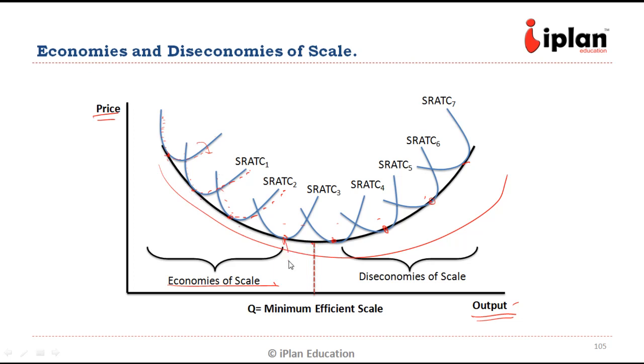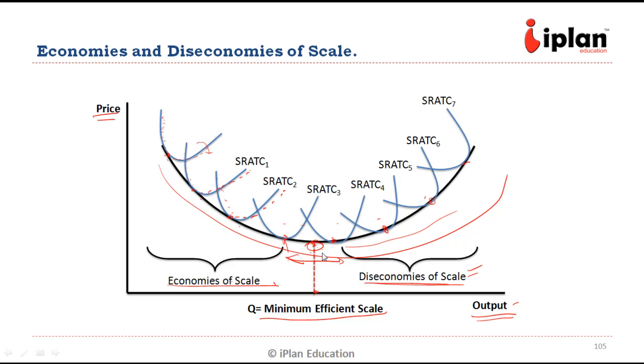In the long run curve, if we are looking at economies of scale, this number is coming down. So till this point we have economies of scale. Here we have constant returns to scale, and after that we have diminishing return or diseconomies of scale where the cost is rising. And at the lowest point we have the minimum efficient scale. So this is the minimum quantity at which we are achieving this level of minimum price.